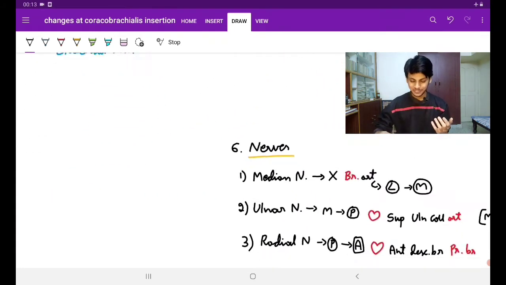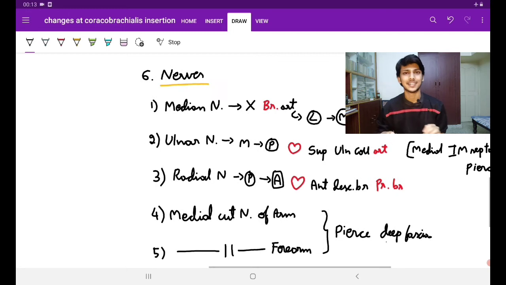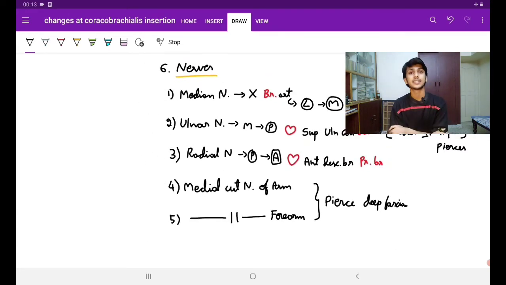The most beautiful topic, that is the nerves. What are nerves? Nerves are the bundle of myelinated axons outside the CNS. That's basically the definition. Guys, for ease of understanding, a nerve is basically like a wire, or you can imagine roads. They just take signals from here to here, from here to here, isn't it?